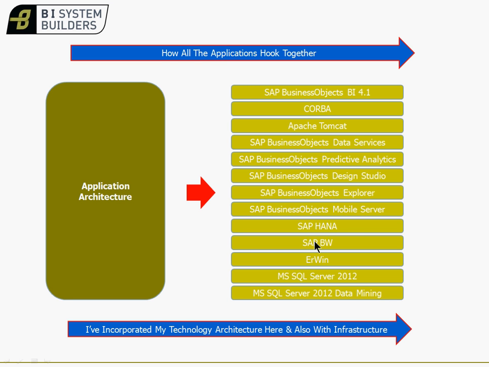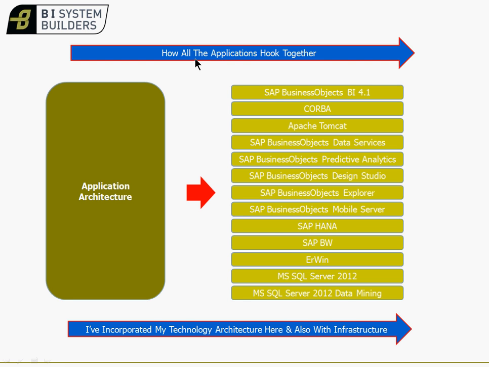We're an SAP house in this example, so I've got SAP BW. I need to think about how all these things are going to hook into SAP HANA and SAP BW. I'm defining Erwin as my data modeling tool, and another platform that we're using will be Microsoft SQL Server 2012, and I'm also using the data mining tool from SQL Server. Okay, so I list out my applications,